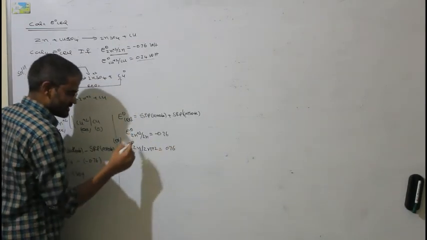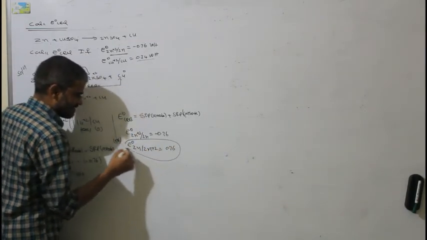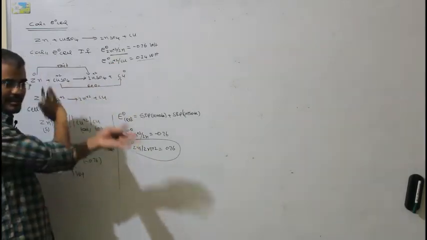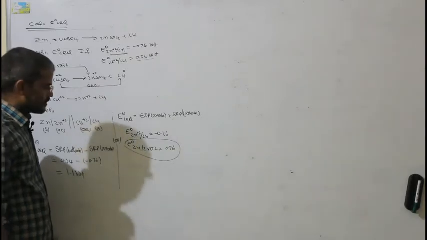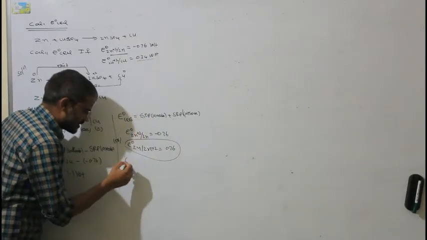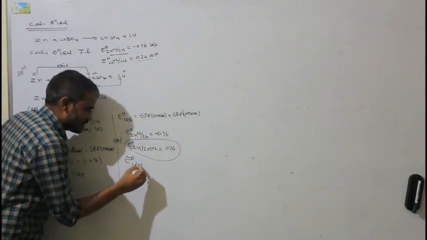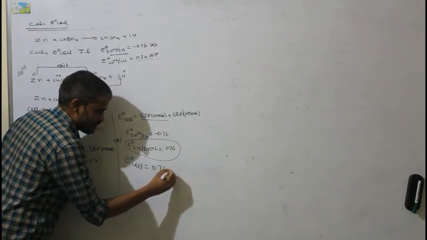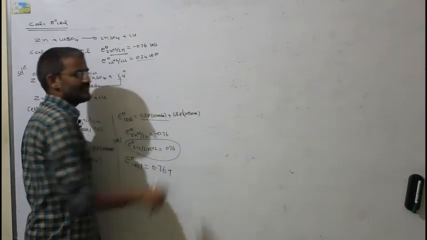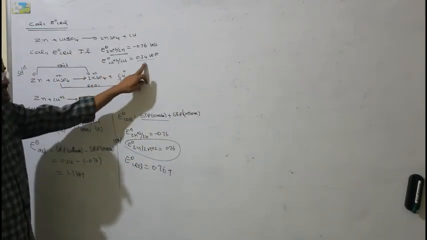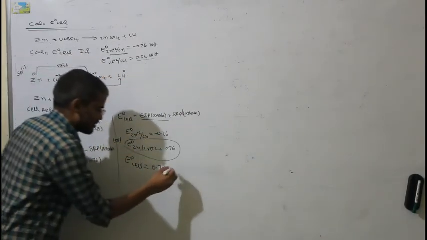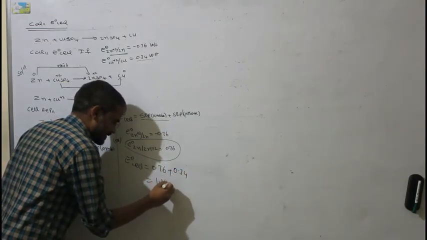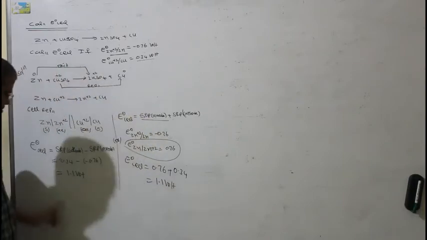So now if you want to use this formula, rather than the given reduction potential value, you have to use the oxidation potential value. Make it reverse. So if you add this value, E naught cell is equal to standard oxidation potential 0.76 plus standard reduction potential of cathode. The reduction potential of the cathode is given, that you can add, 0.34. So the answer is again 1.1 volt. Same will come.